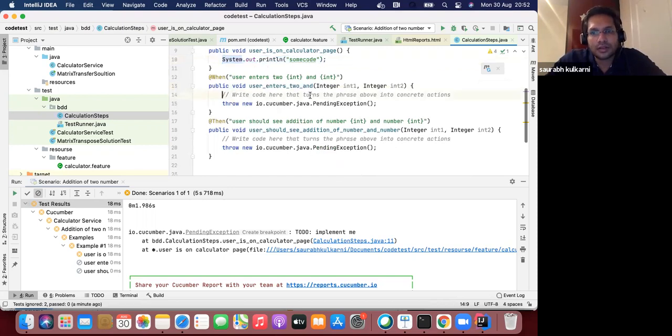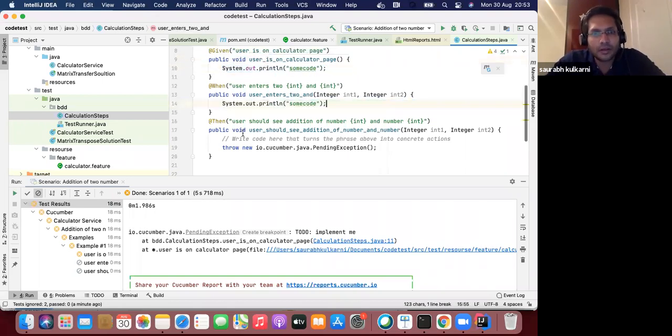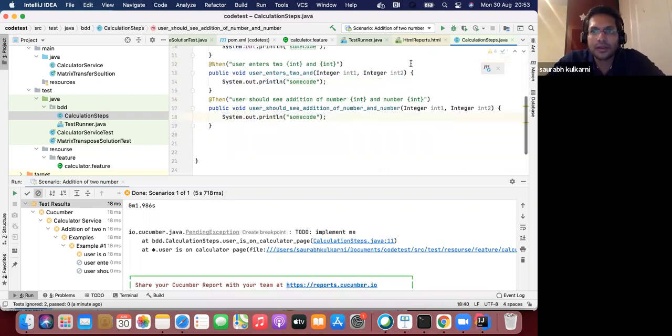It's just some sample code I'm trying to add in here so that the step should pass. Perfect. Saved. Let me run it again.